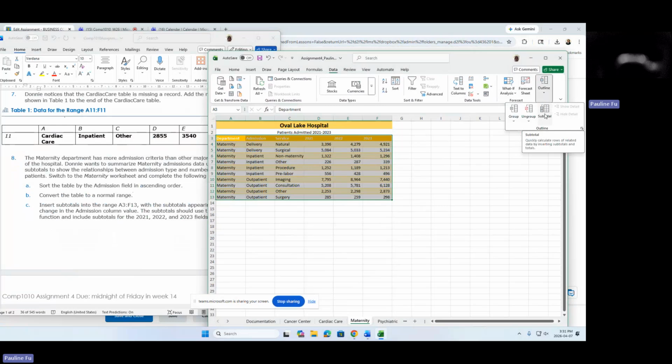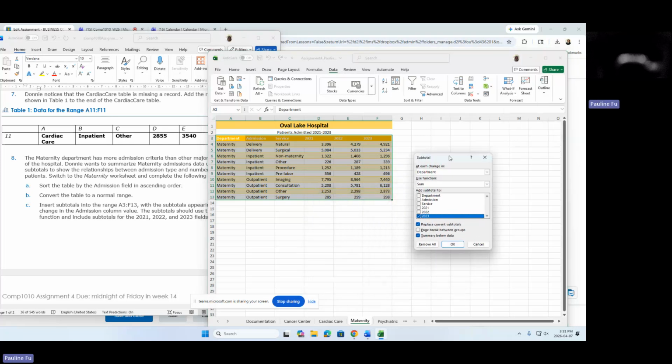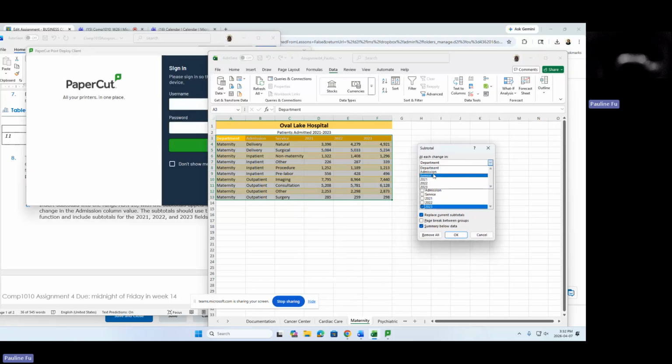Hello, we are in step 8 of assignment 4. Okay. So blank space assignment 4. Now we have this subtotal. And then at each change in, we should select admission. So click the down pointing arrow, select admission. At each change in admission,